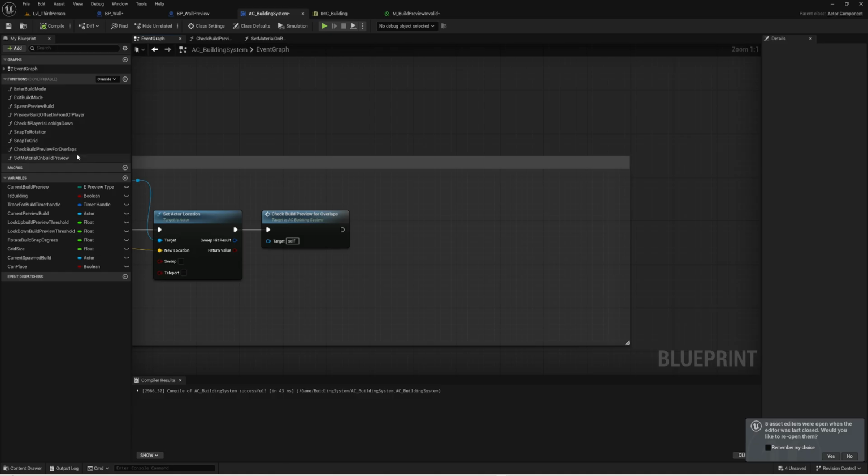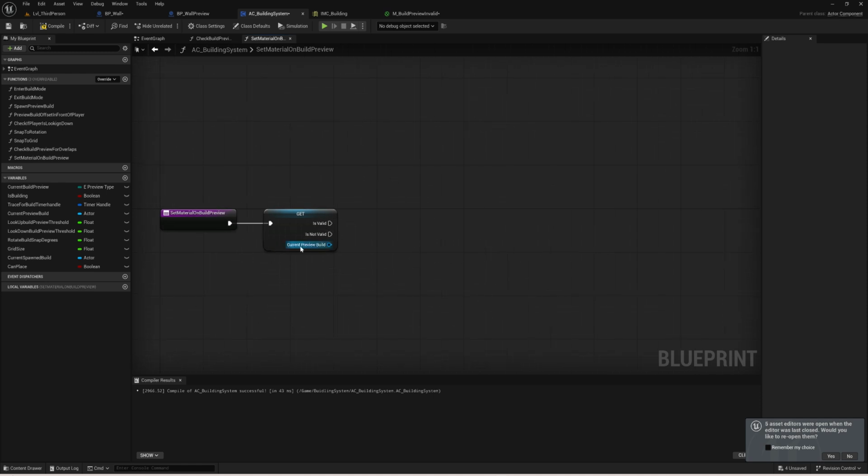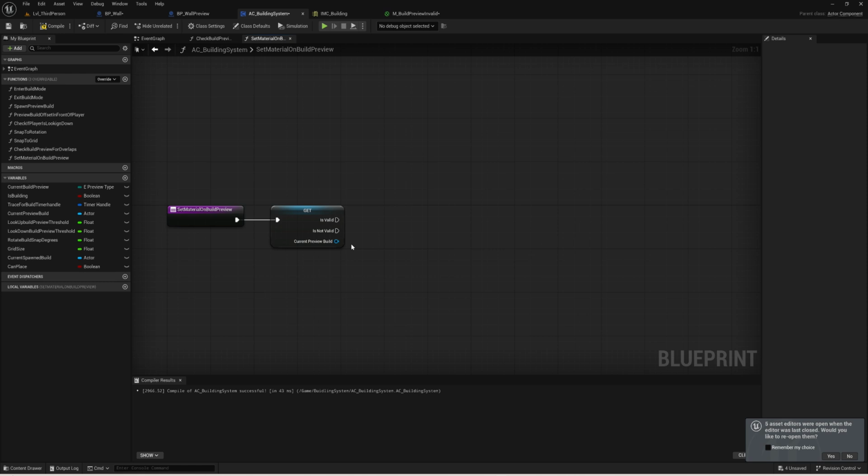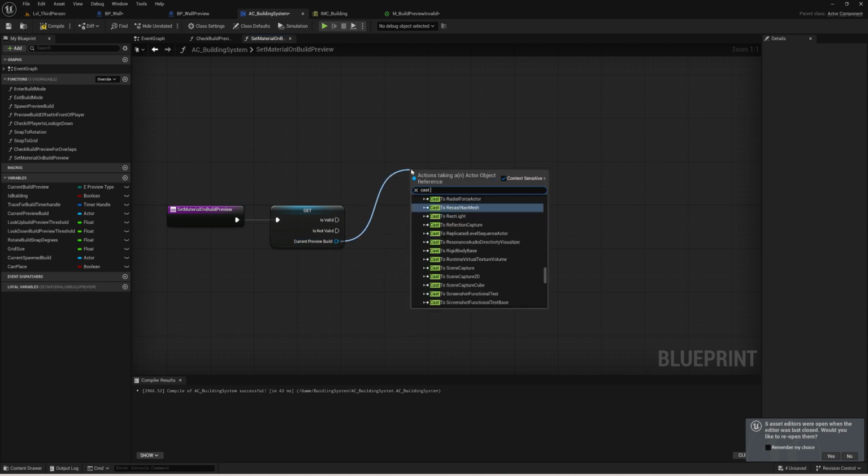In the event graph, just whilst I'm here, I'm going to drag in this function. Drag it in there, nice. So now we know it's valid, and I'm going to search for set material. Actually, I don't think I can do it. I think I need the build first. We're not going to say set material off of this current preview build, because the current preview build is an actor, and an actor is literally any actor. We have no idea. This could be anything. This could be BP_ThirdPersonCharacter. This could be an enemy. This could be a pickaxe object. This could be anything. So before we do that, we are going to cast to